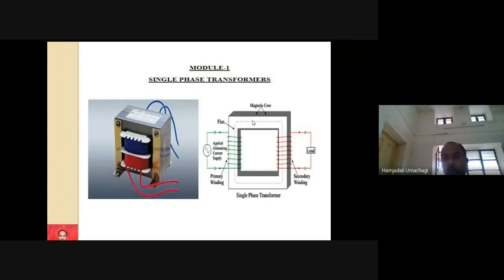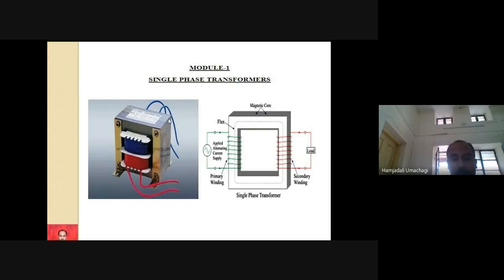So this is the working principle of your single phase transformer, and in real time, how is your transformer going to look? So this is your transformer. Here, this limb portion or leg portion is one leg, and on the other side there is another leg portion. This might be your primary winding and this might be your secondary winding. This is the input, and this will be your output. Output means here it is connected to the load. The load might be R, L or C.